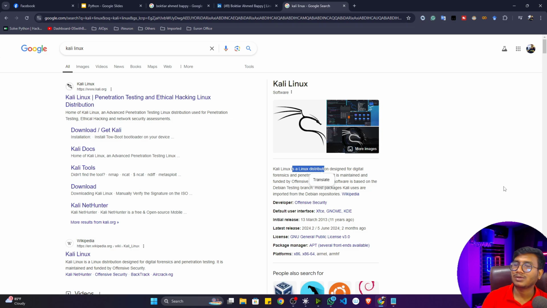But if you're a hacker, you can also hack from a Windows machine or a Mac-based machine. Yes, you can do it. But then you have to install those tools separately, which means you have to set up everything from scratch. With Kali Linux, you don't need to install them separately. The functionality is already there, and you only use those tools and technology. That's why hackers prefer Kali Linux, not Windows or Mac operating systems.